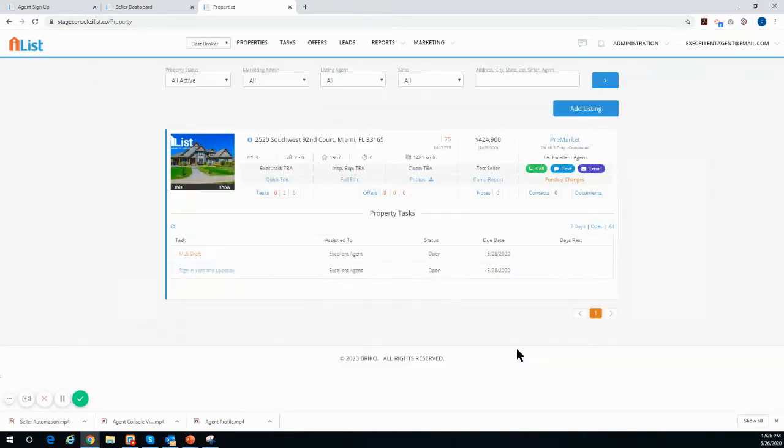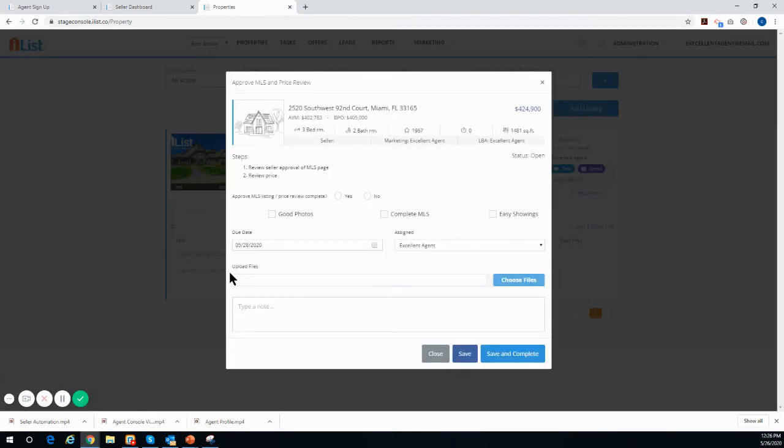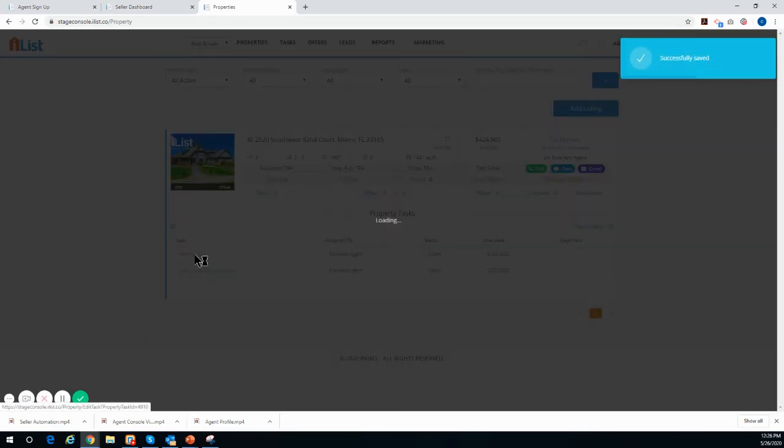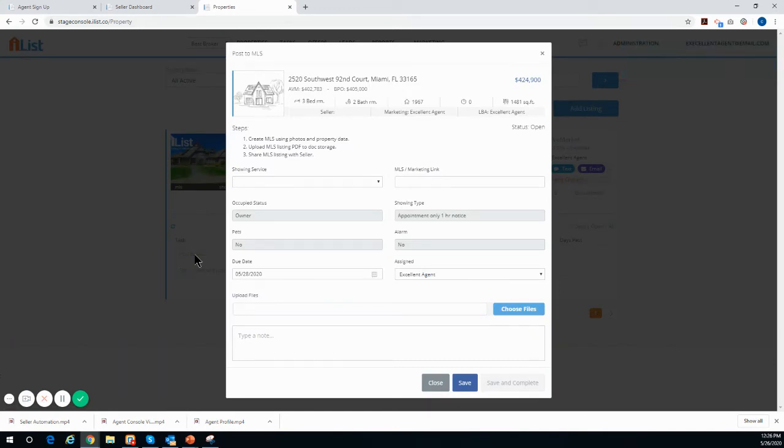with the associated task. Once my team member does the MLS draft, there's a task that comes up that says approve the MLS. I get with the seller, I visit with them, I say, hey, does your MLS look good? Your photos are great, everything is complete, your showings are easy, we are ready to go live. And I simply complete this task. When I complete this task, it tasks either myself or my team member to put the property active on the